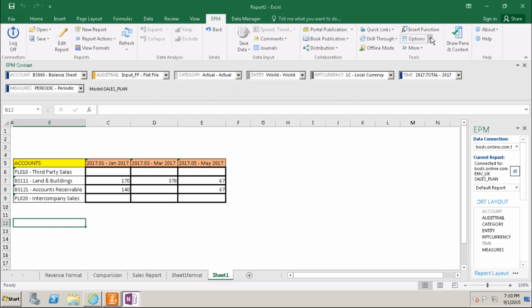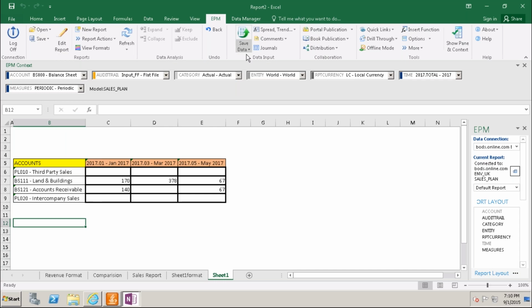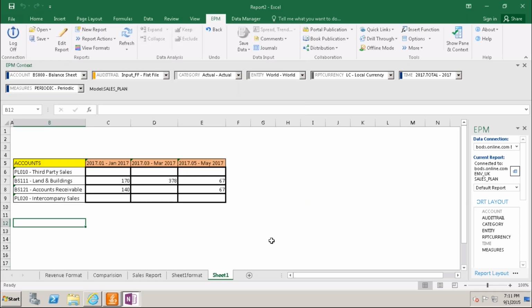Otherwise you go to options, sheet options. I'm going to use as input form. Okay, the save button was enabled now. Instead of here and here, we can do that in the input form. See here, if I remove this, it was disabled. In both ways, basically based on this.